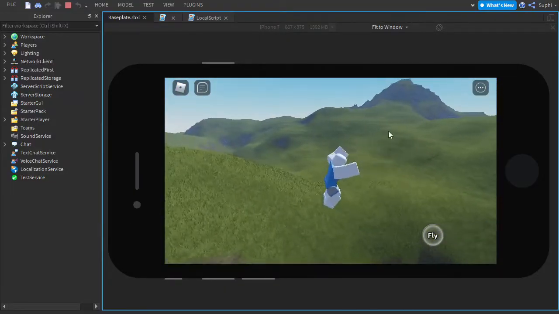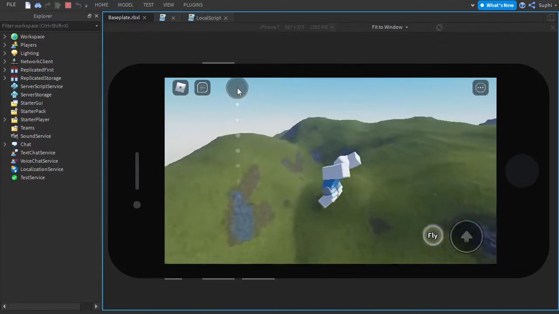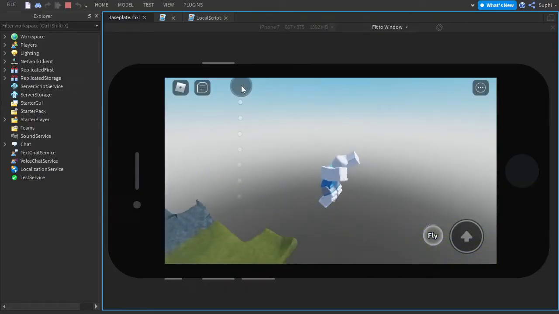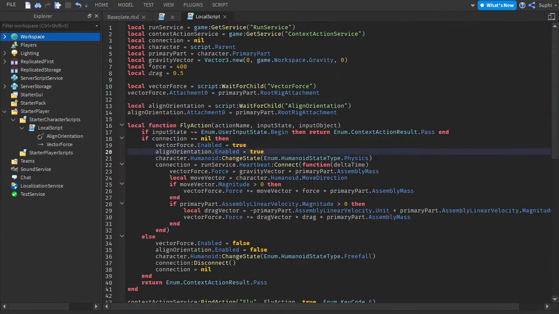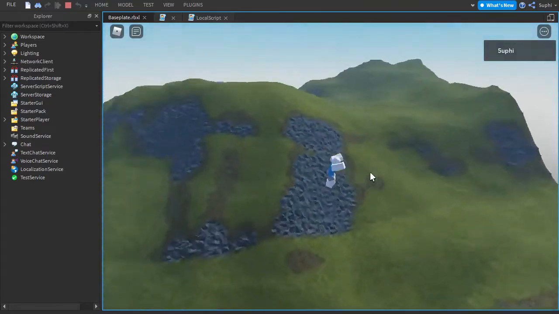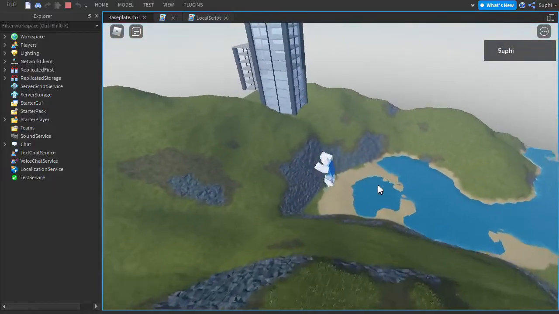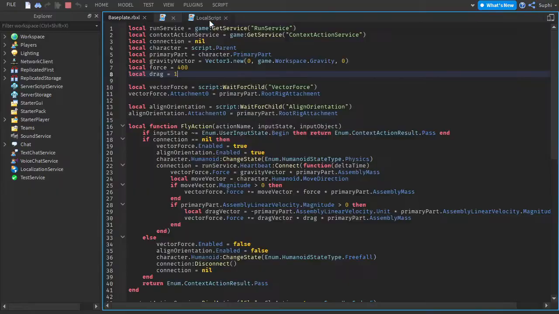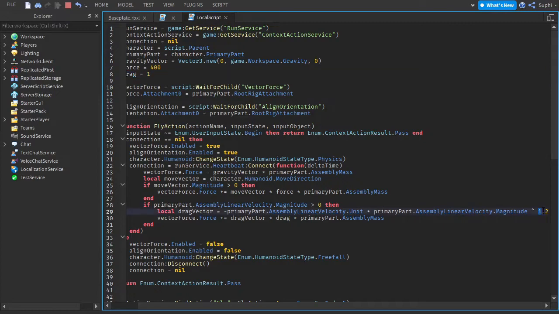And we can see that the terminal velocity of the character is kind of fast, so we can slow the fly speed by increasing the drag. So I'm going to increase the drag from 0.5 to 1 to reduce terminal velocity. And now my fly's max speed is a lot slower than it was before. So feel free to play around with the force, the drag, and the 1.2 curve value to achieve a fly